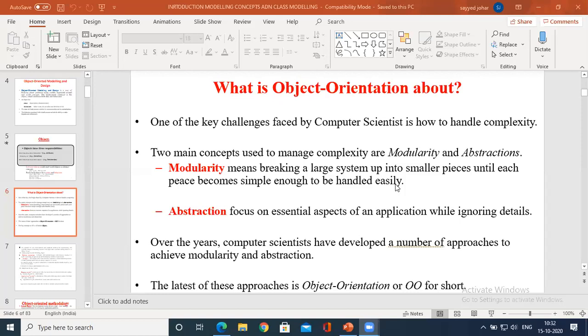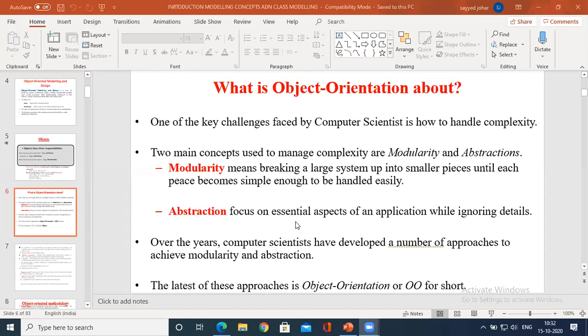For example, when you write a program in any language, specifically an object-oriented language, you define the function separately. That is a class or classes separately. Why do we define a class separately? Because it breaks the system into small pieces, and each individual piece can be understood easily.